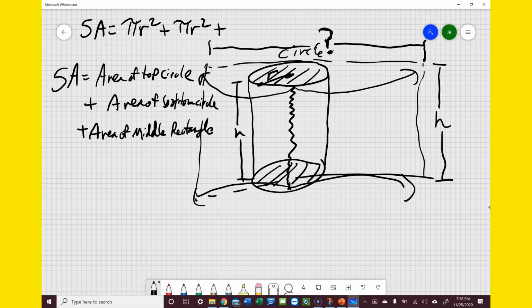What does that have to do with R or H or anything? As we unravel this cylinder, this circle is what is unraveling. Maybe you can see this already. The length of this rectangle is the perimeter or the circumference of this circle unraveled. It's the circumference of this circle as it is stretched and spread out from its circular shape. So this is the circumference